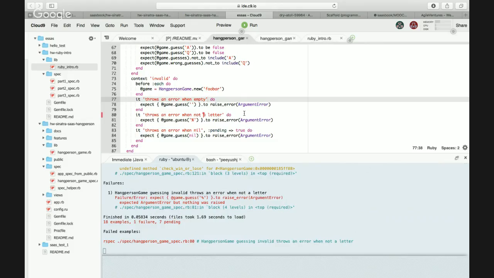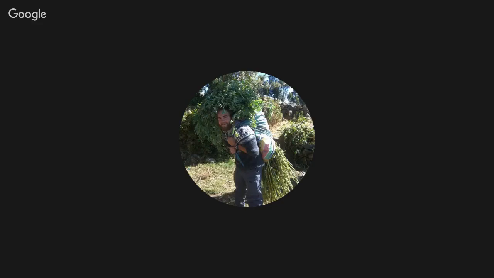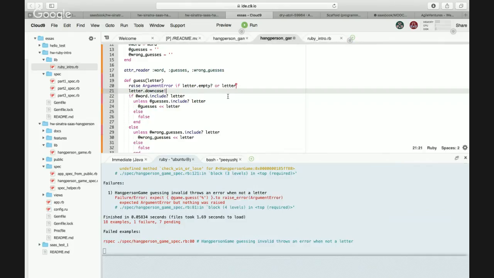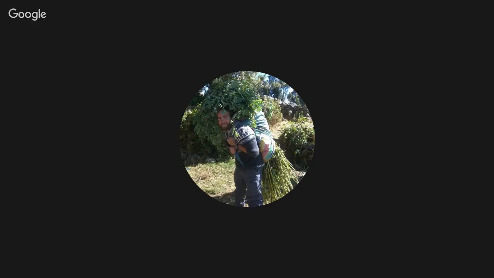Yes. So there should be a raise of an error if letter dot empty or letter dot... What should I do here? Should I do a regular expression? You could put a regular expression as well. Maybe, yeah. That is tilde.